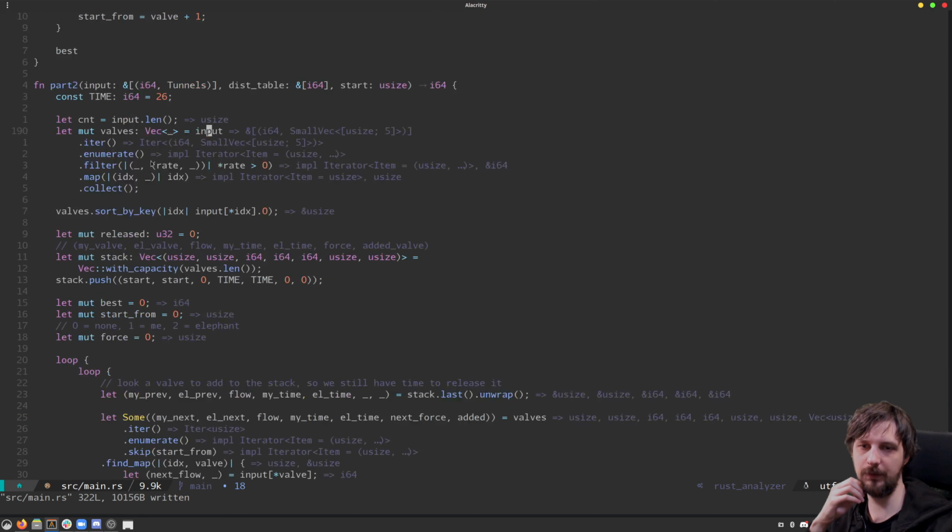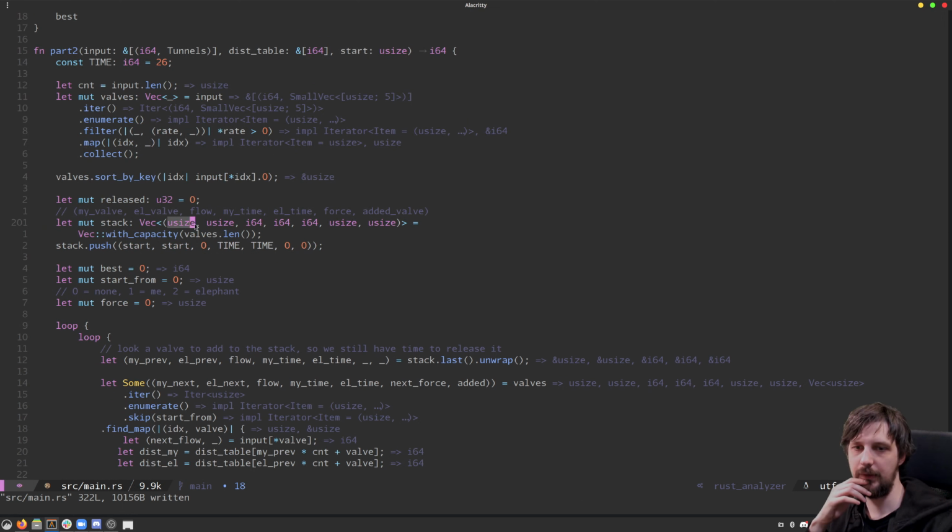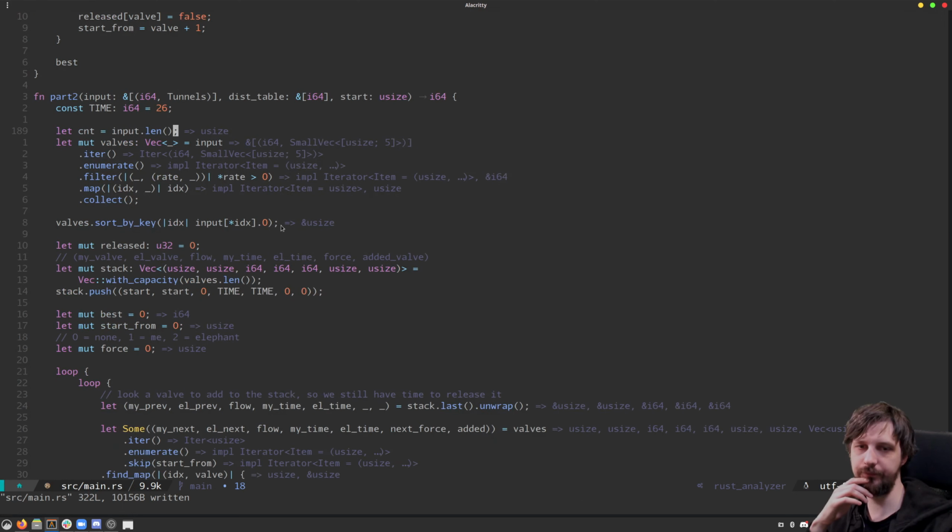Oh, we went to part 1, sorry. Part 2. So now I keep indexes to the distance table. Because of that, I needed this added value. So on backtrace, I basically know which